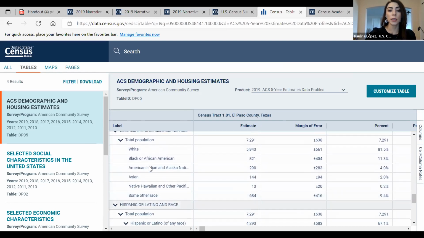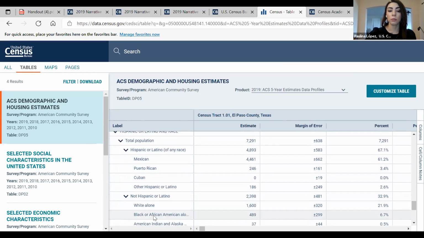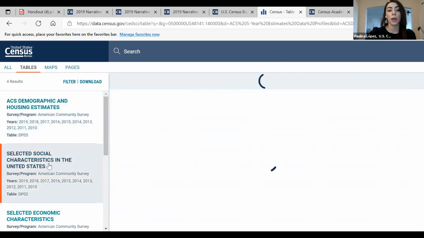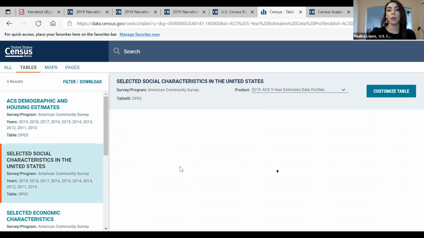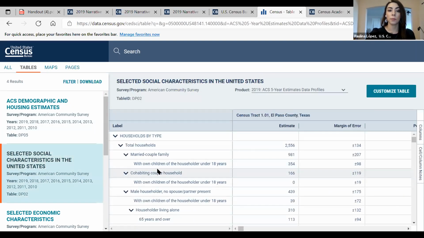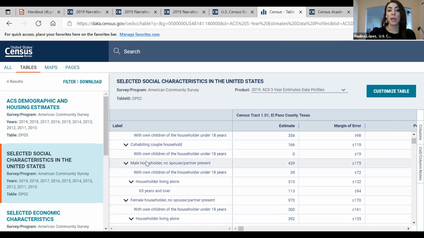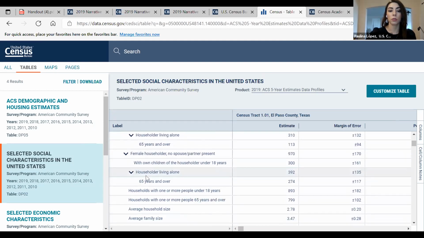Two or more races, Hispanic or Latino, total housing units, and citizen and voting age population, even down to male and female. In social characteristics, you will get information on, for example, educational attainment and the relationship between the people in the household. So male heads of household, cohabitating households, female heads of households, etc.